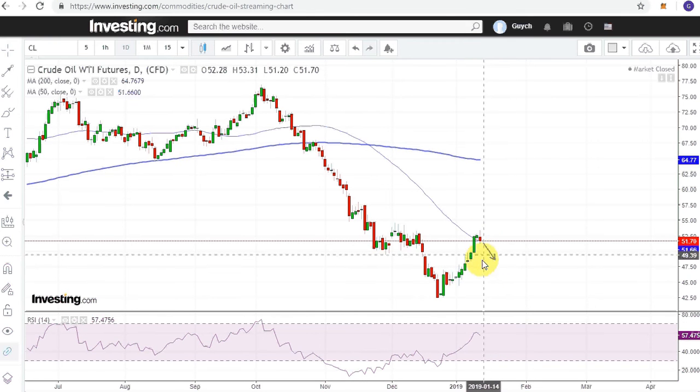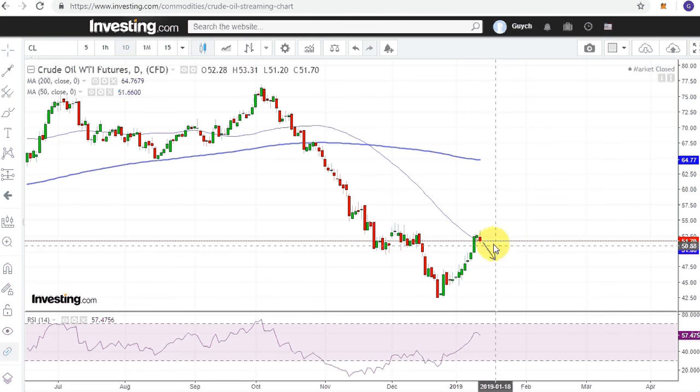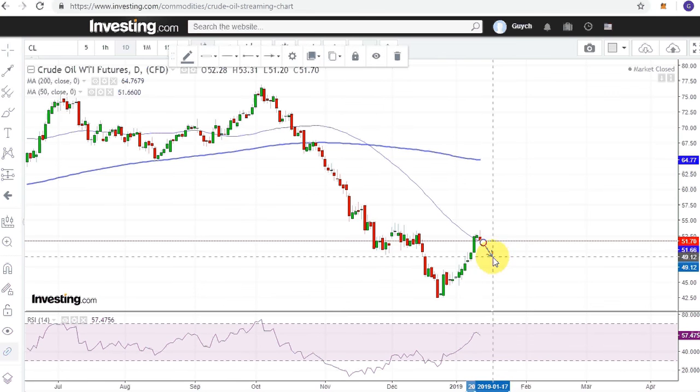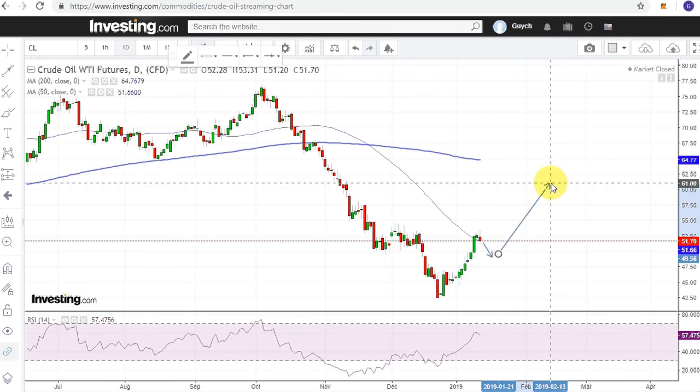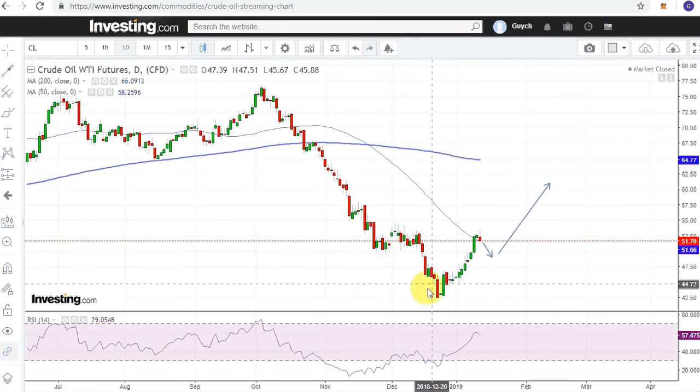So over the very short term I see some weakness, not a very strong weakness, but a little bit of a weakness in crude oil. But in the medium term I expect crude oil to continue rising,